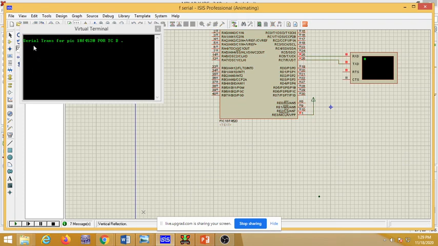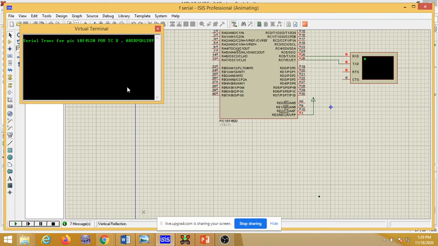Now just see here, the message will change: serial transmit for PIC 18F4520 for TEB. After that I will write the numbers. Whatever number I write, it will come as it is. A, just see here, A, B, S, D, F, G, H, 1, 2, 8, 9, like that.